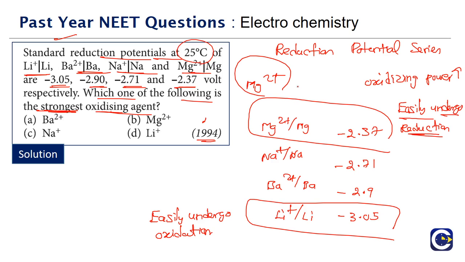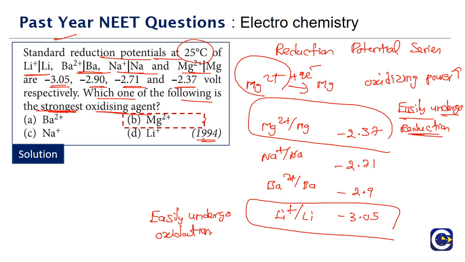Why? Because it will easily undergo reduction, right? It will undergo reduction by taking electrons, and thereby it forms magnesium. We are only talking in terms of the relative among the four substances given. So magnesium 2 plus will easily undergo reduction, means that will be the one having high oxidizing power. So what is the correct answer for this? Option B. So whenever the given substances are arranged in the electrode potential series,